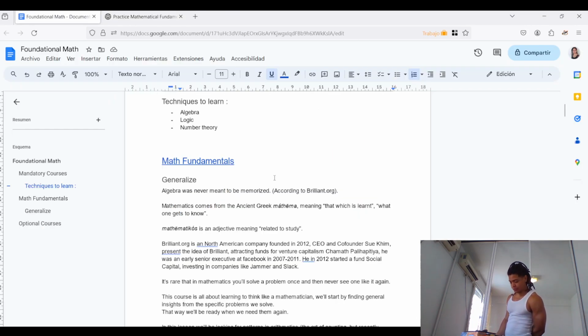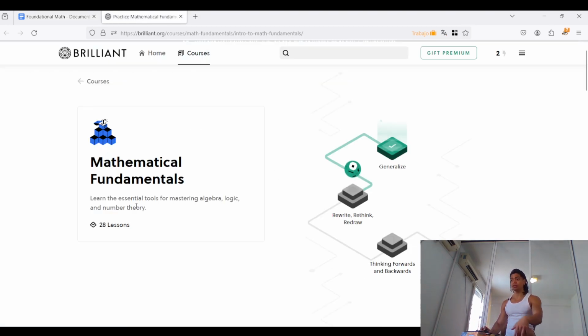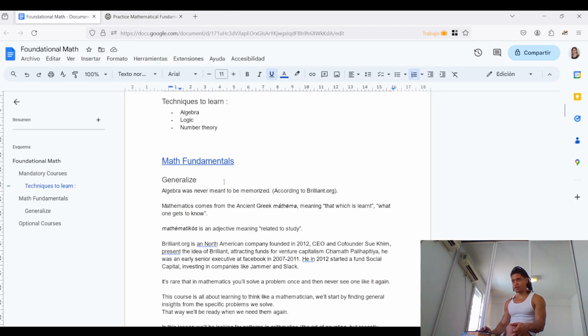With generalize, and also these mathematical fundamentals, we're going to learn tools for mastering algebra, logic, and number theory. This tool set will help us vastly, especially when we need to understand and solve complex problems. So generalize is